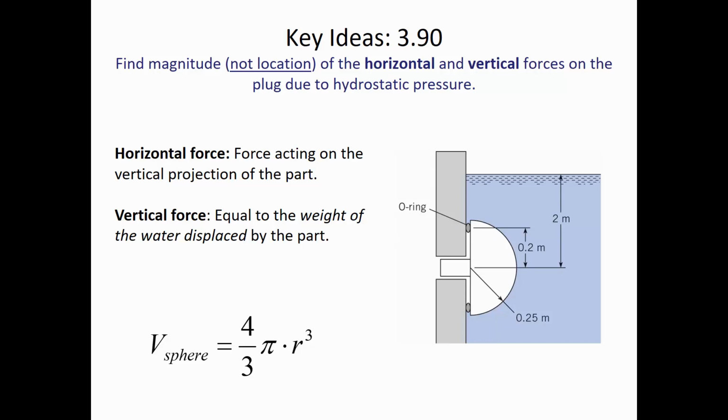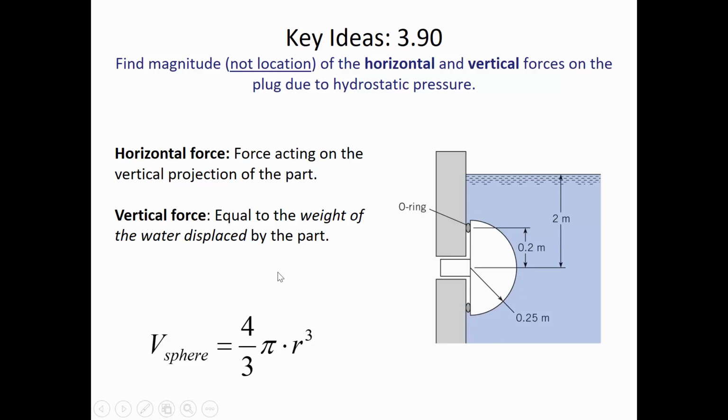There's water that's acting this way horizontally. But for part of it, there's also a little bit of pressure until you get to the O-ring that's canceling it out. So when you find that circle of water that the water is actually acting on, you'll use the 0.2 meter dimension rather than the physical radius of that hemisphere,